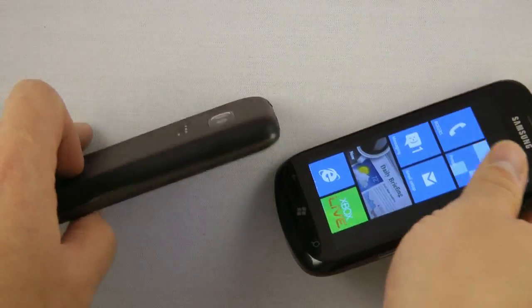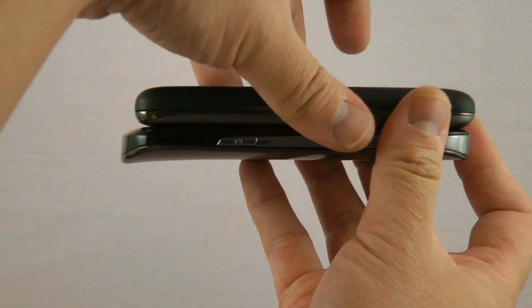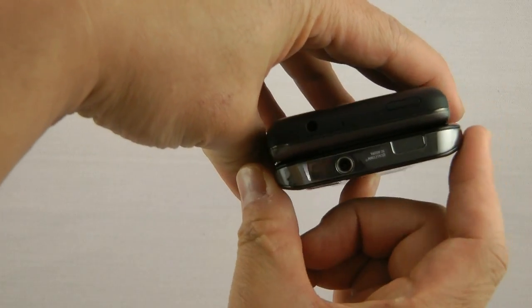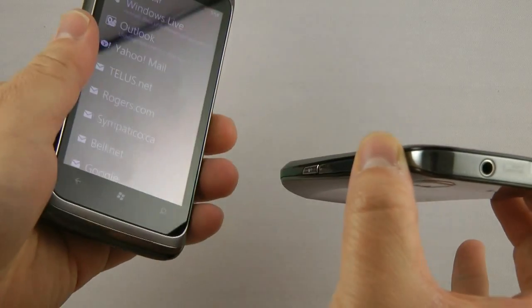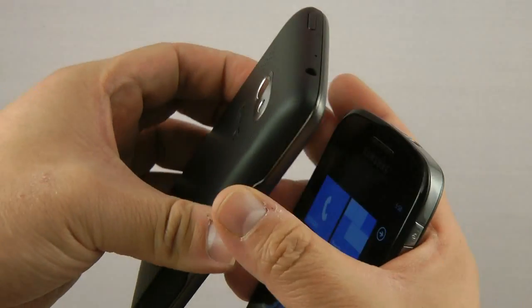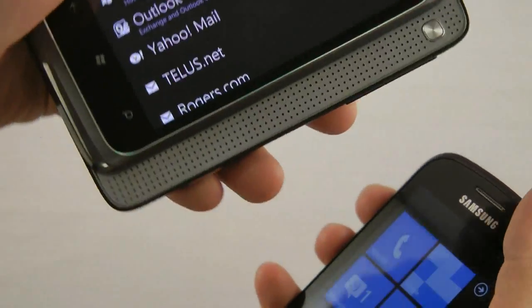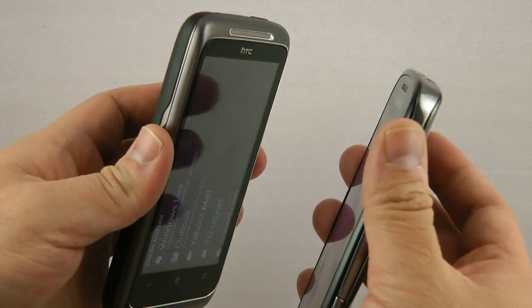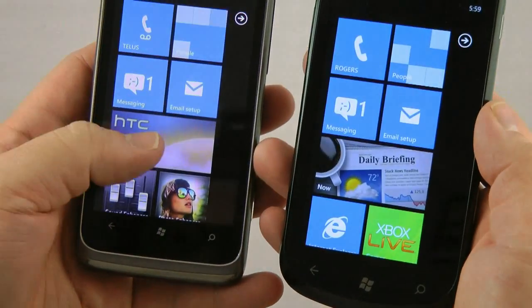So you'll notice that the Focus is thinner because it doesn't have a slide out speaker like the Surround. The Surround is shorter, and the Surround is a tiny bit narrower. Of course, the Surround has a 3.7-inch display, whereas the Focus has a 4-inch display. So here's the Surround's slide out speaker. Now, one place where they're different